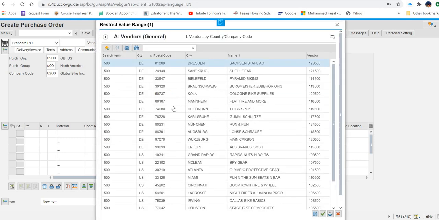a long list of vendors is there. Now they are saying to check with the city, that is Atlanta. So where is Atlanta? Here. Can you see Olympic Protective Gear, that is given in the exercise, and Atlanta? Okay, so I will select this one.